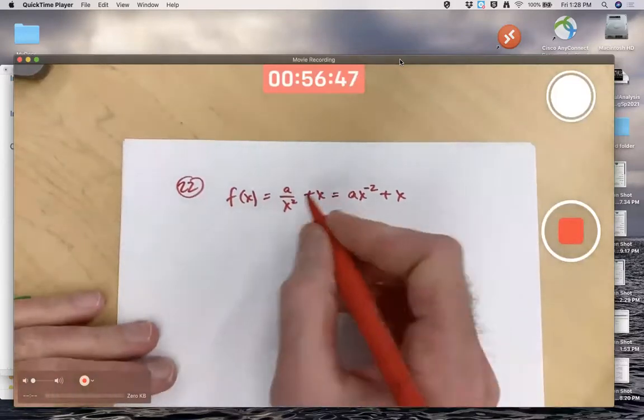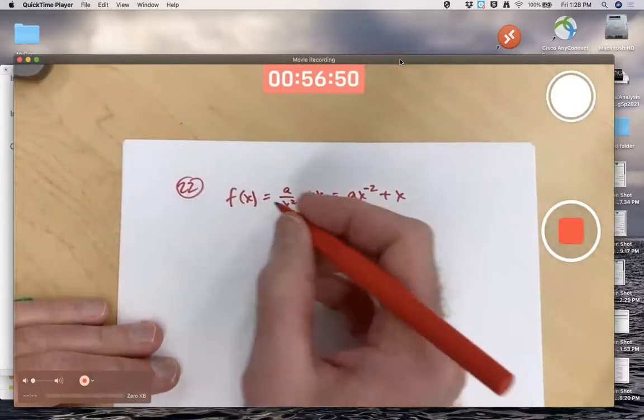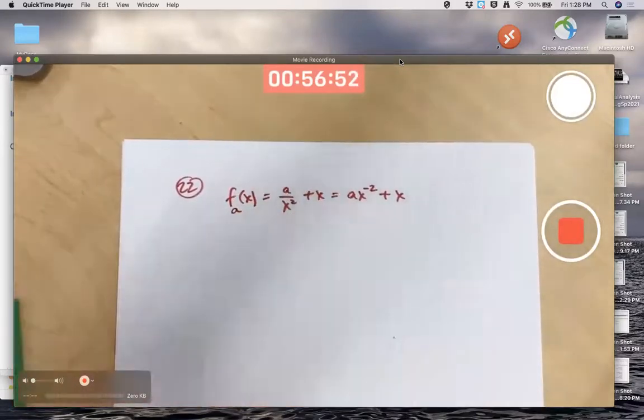Since I've got this unspecified parameter a in there, maybe I should call this function f sub a. And in fact, I will do this kind of thing a lot. It's going to be a very helpful thing to label a function name with a subscript where the subscript represents an unspecified constant. You might call it a parameter. And then what we're ultimately interested in here is what happens as that parameter changes. That'll be really helpful for these applied problems